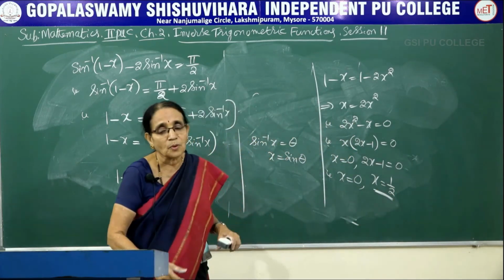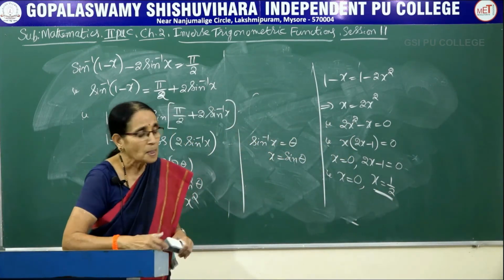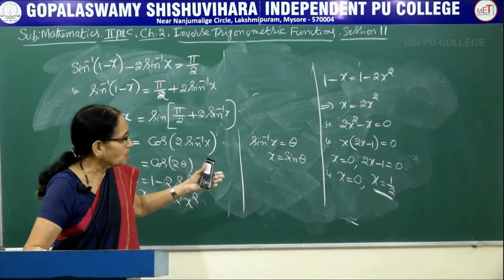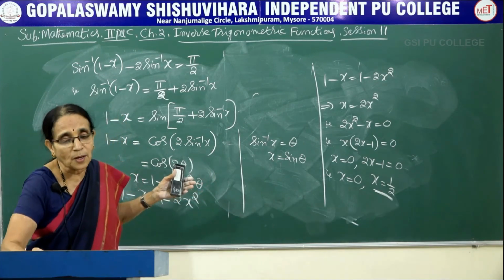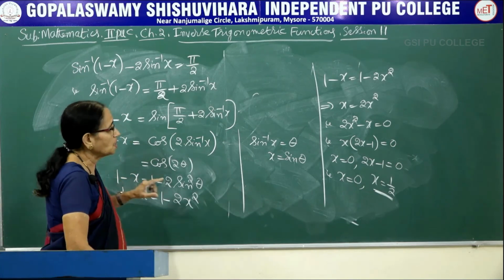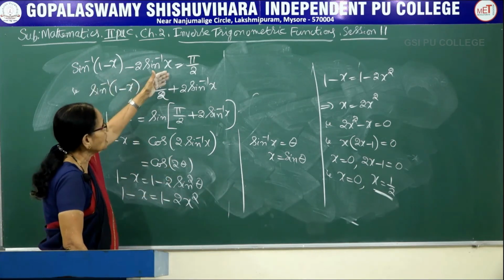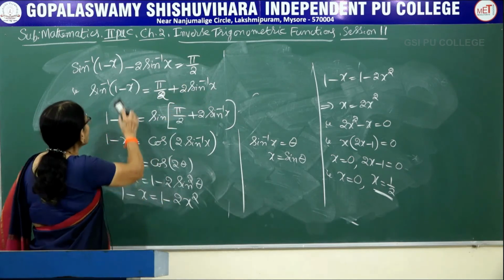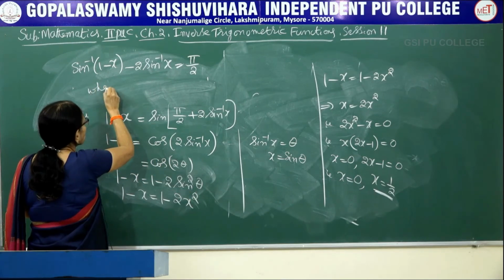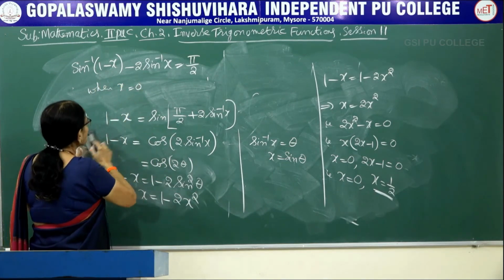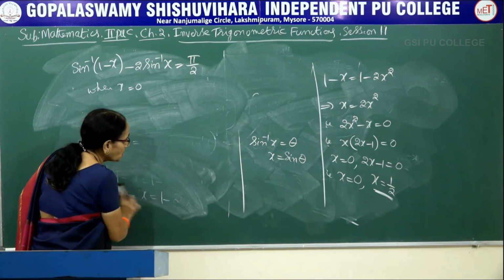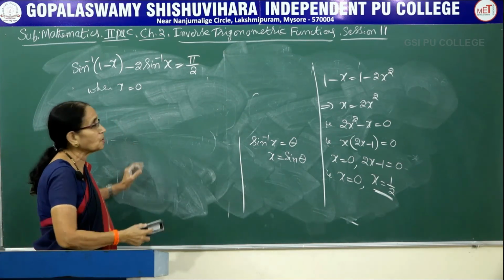Usually they don't ask you to verify the result here. Now in this particular problem I got two values here. Let me verify whether both the values would satisfy the given equation or not. Suppose I give here x is equal to 0. Let me see whether the left hand side would be equal to right hand side. When x is 0, let us see whether the LHS would be equal to RHS. If they are equal, only then we can say it is the solution of the equation.